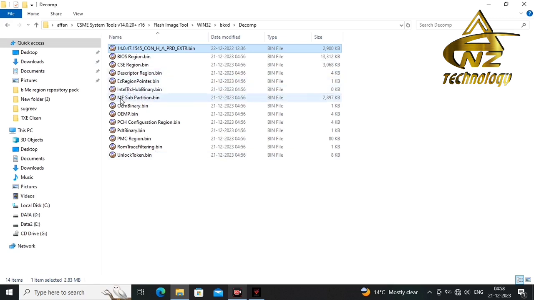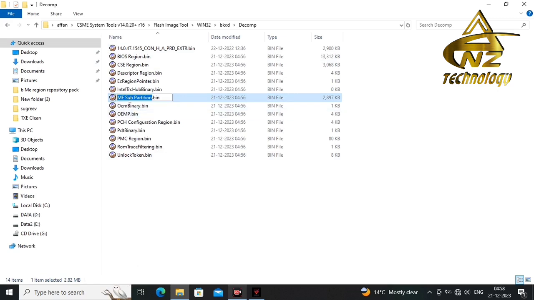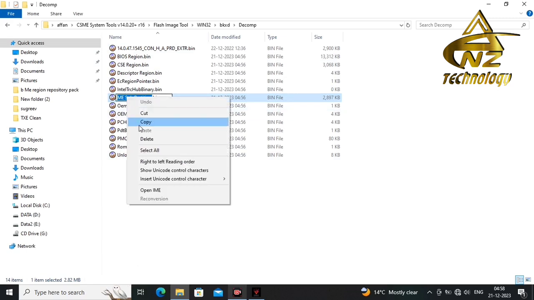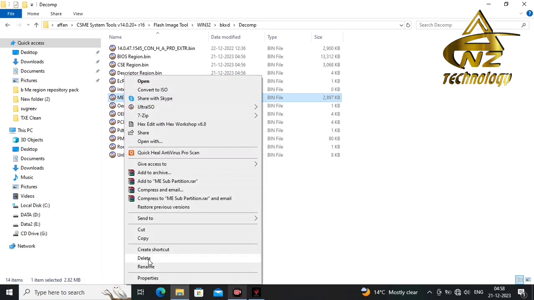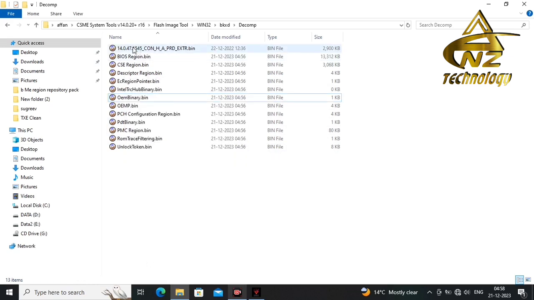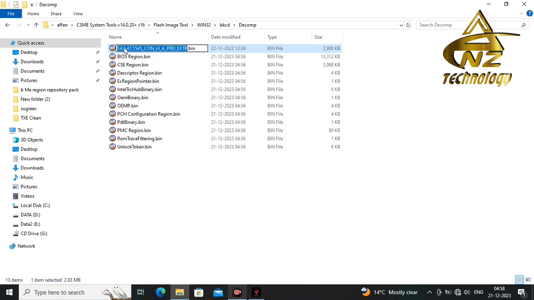And now what I will do, I will change the name. I will copy the name of the old firmware, the ME system firmware. I will copy the name here, and now I will delete this old one. And now I will give the same name to this new CSME firmware and press enter.